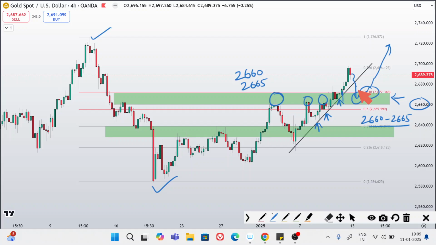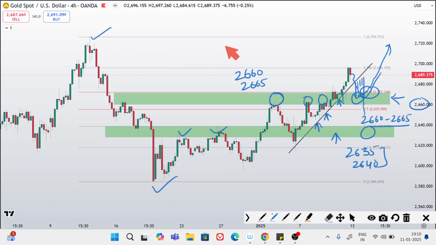So yes, if price stays below this, then more decline is possible, and if price breaks down, then the next support is this area around 2635 to 2640. This is the next support. As you can see, previously we have seen resistance, but price finally claimed, or you can say broke out of this zone. So this is the second support. So overall, what we have to do is wait for a pullback and then we can buy on confirmation from these zones. Overall, the price is still bullish.